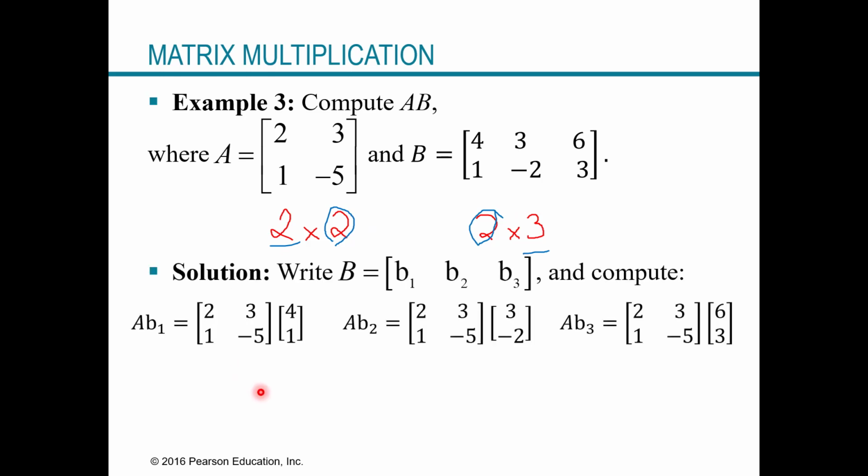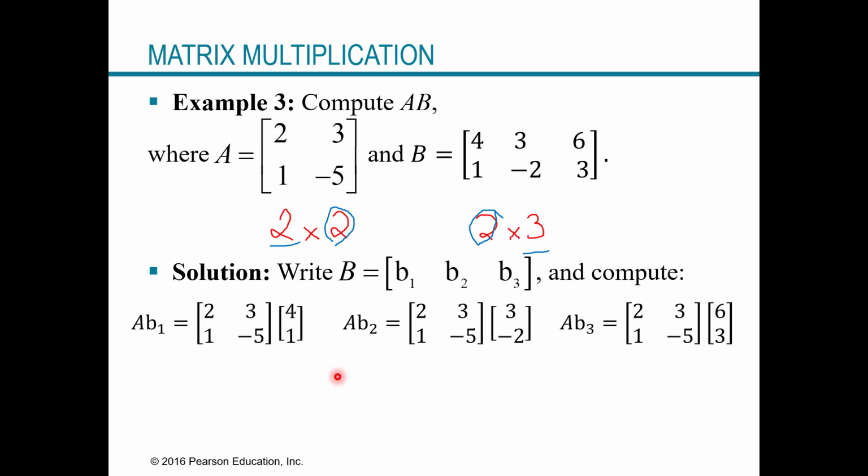All right, so the way we're going to do this is we're going to break it into steps. We're going to write B as just columns containing B1, B2, B3, and we're going to break those down and multiply each one by A. So notice what we have: 3 multiplications we have to do, A times B1, A times B2, and A times